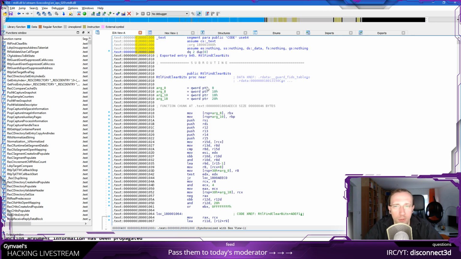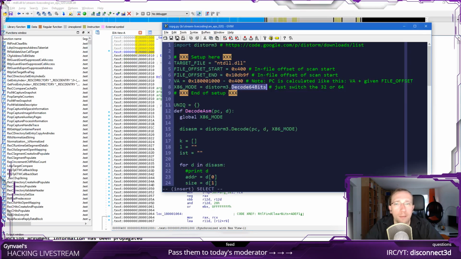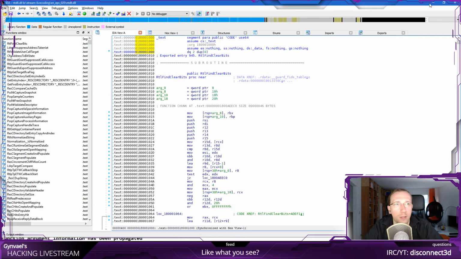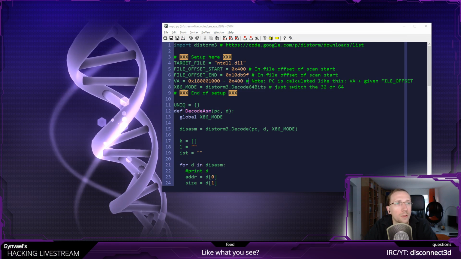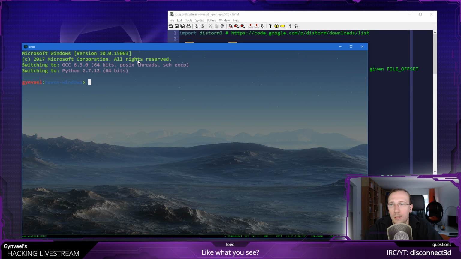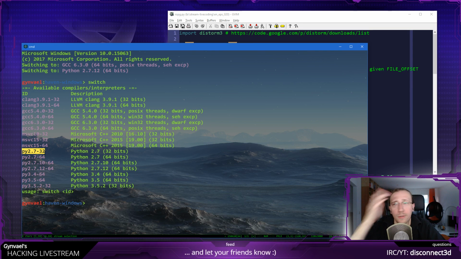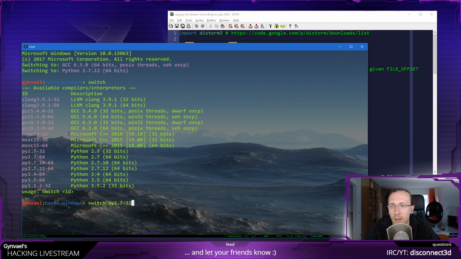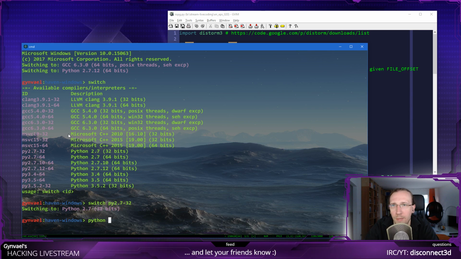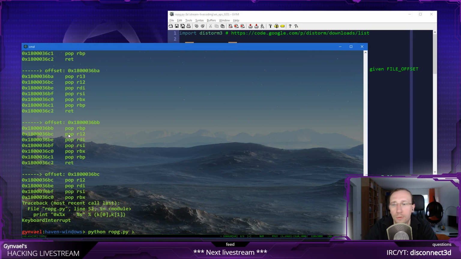And now I need to set the mode. This is 64-bit code. You can see that there are a lot of 64-bit registers, right? So I'm going to leave it as this, and I can run it. I'm going to minimize this and open a console. First I need to switch to a Python version where I have, sorry, the disassembler library installed. I don't have it on all versions, so I think this was the Python which actually has it. I'm going to run it, and it's going to output a lot of stuff, so I'm going to save it to a file,